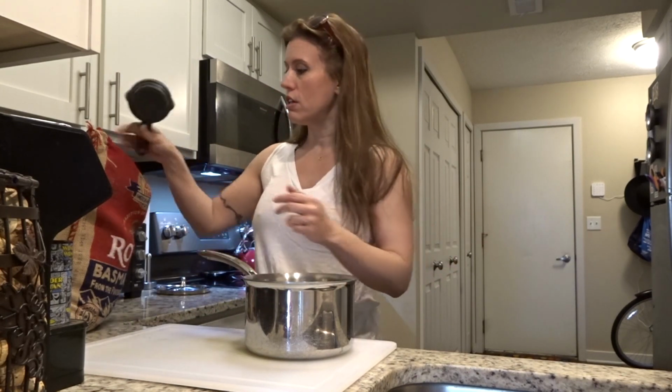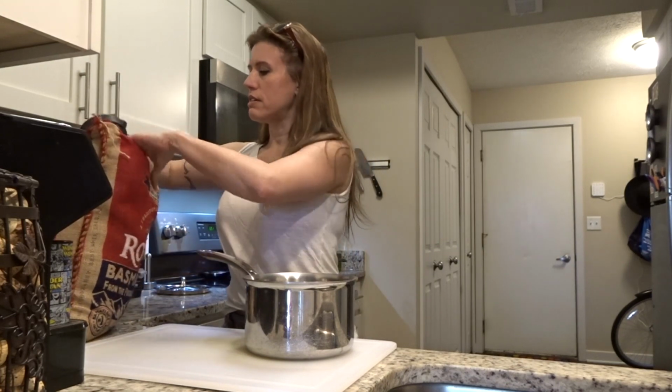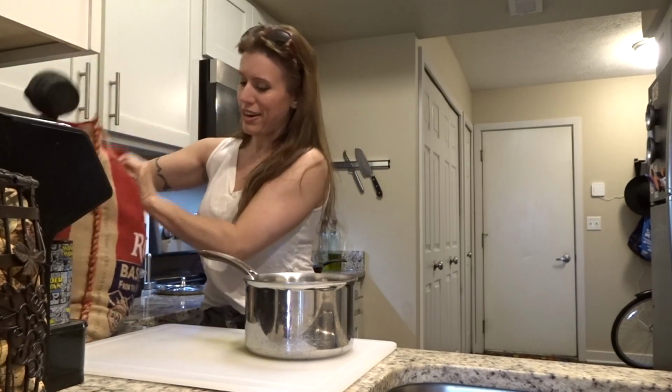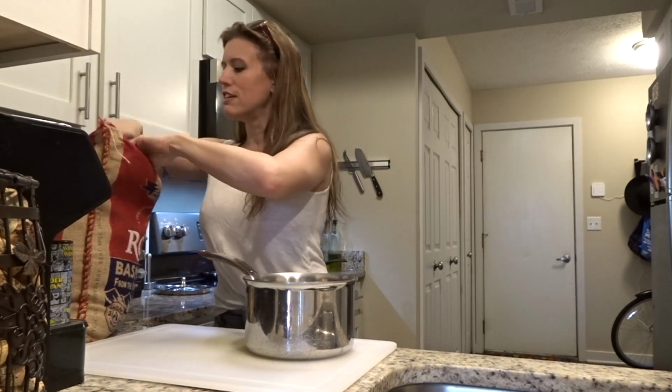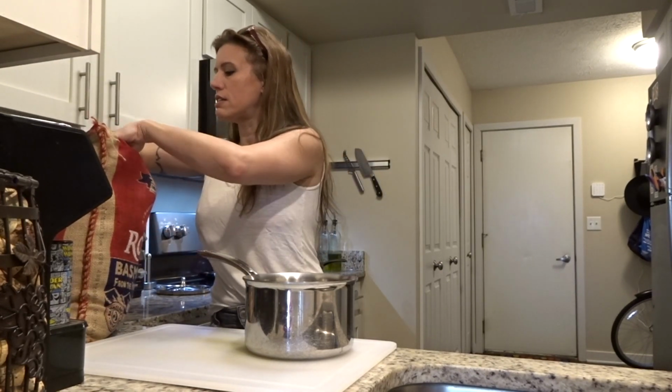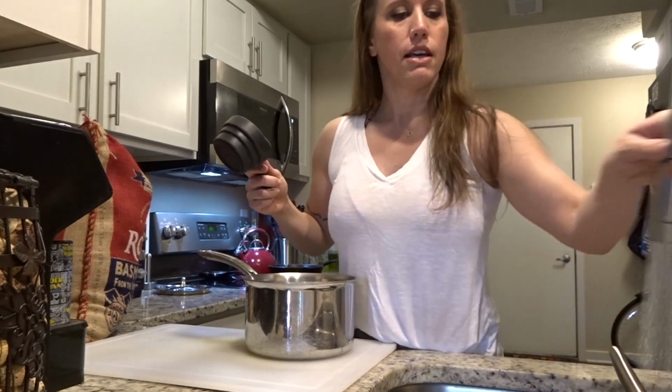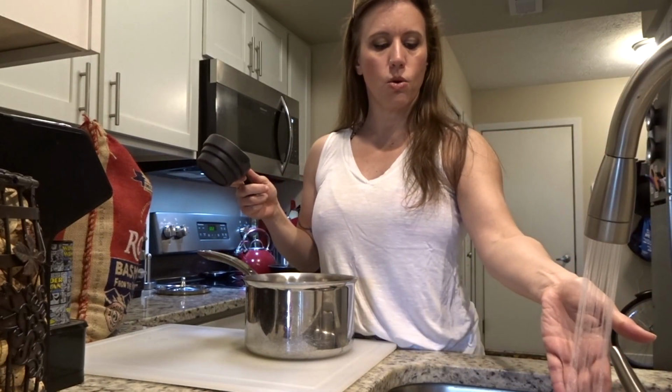Okay, first thing I do to make a rice bowl, or whatever you want to call it, is I get my rice ready. You've seen this before in another video, I've got my huge bag of basmati rice. So I'm going to get a nice scoop of it, use a cup, put it in the pot, and then I'm just going to get some cold water. It's always a 2-to-1 ratio, so